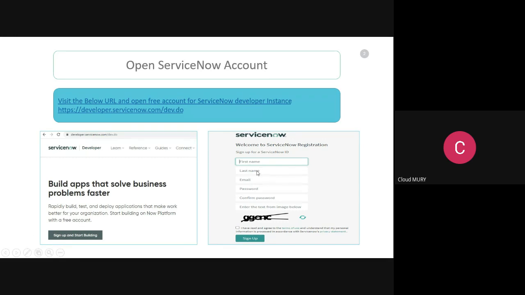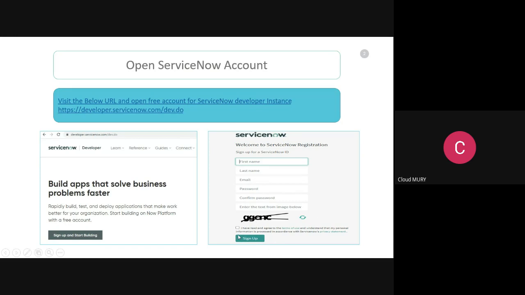Once you give the name and everything, the email id, note that if a few of you have already created an account and registered, the same email will not work. But if you already have an account, you don't need to create a new one; you can log in directly with the same email. If you forgot your password, you can reset it. Those who are signing up for the first time need to give a proper email id and password. Once you confirm this text, you will be able to sign up.